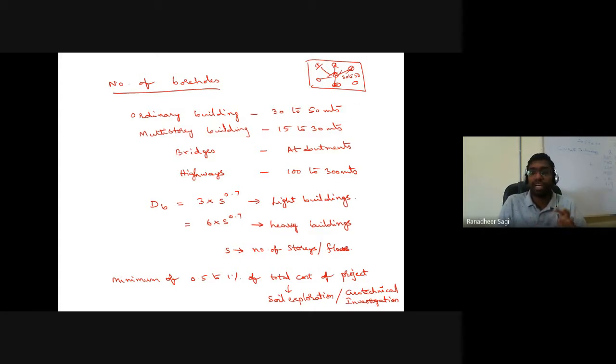Okay, you should not be very conscious about saving money in terms of your soil exploration. If you invest money properly, then only will you be able to understand the soil condition correctly. Without that, any structure you are trying to design there doesn't make any sense, because if a proper investigation is not carried out at that location and you construct the structure, who can ensure its safety? Nobody can ensure the safety of that structure.